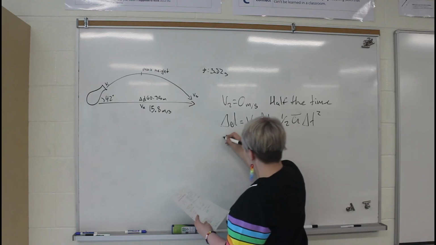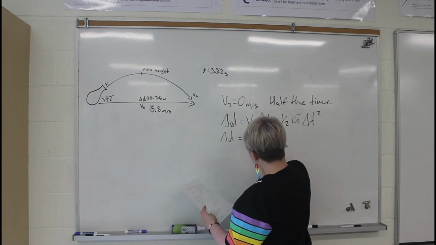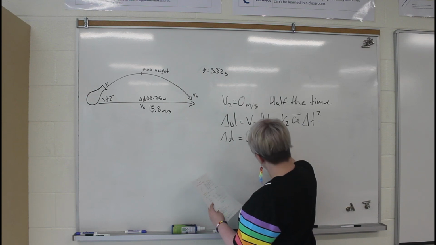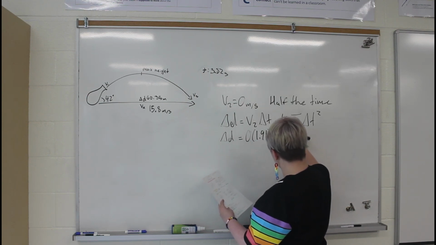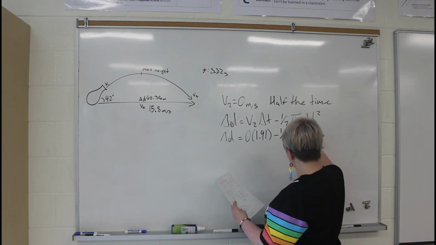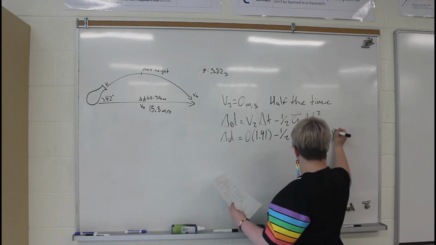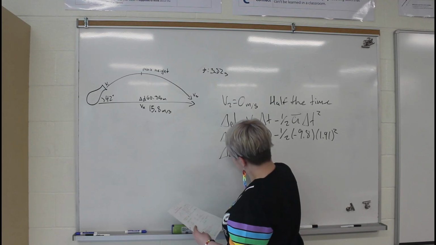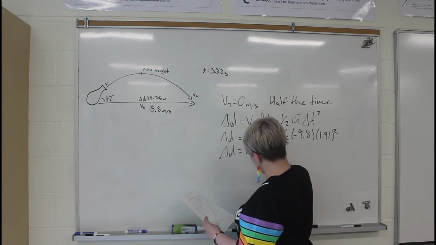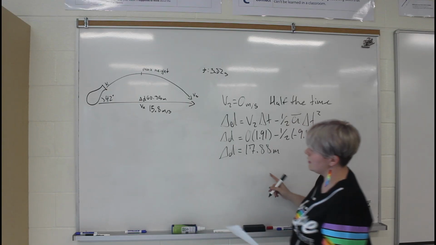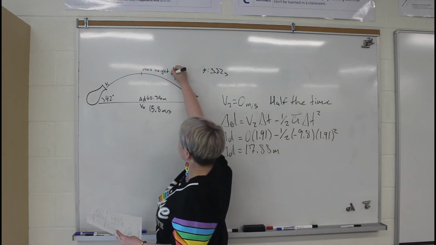So subbing in our values, 0 times 1.91 minus 1/2 negative 9.8, 1.91 squared. Delta D is 17.88 meters. This value is this maximum height here,